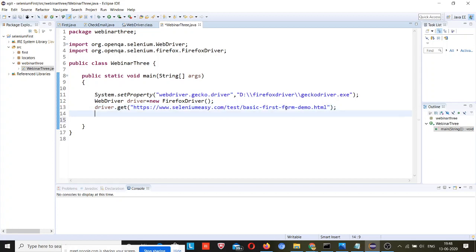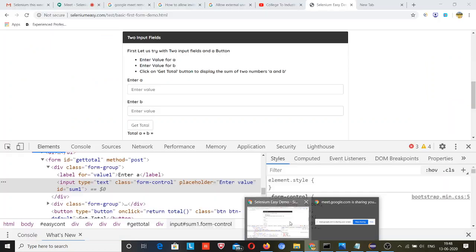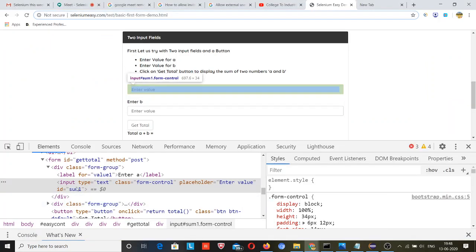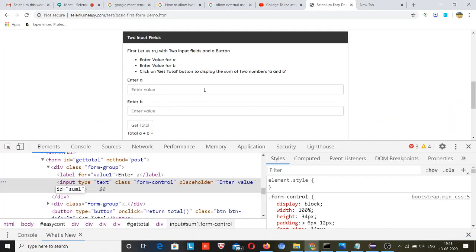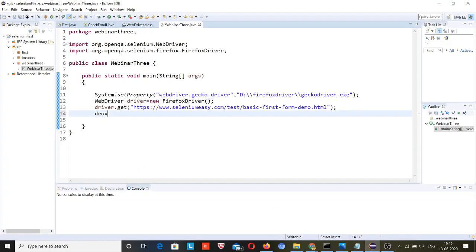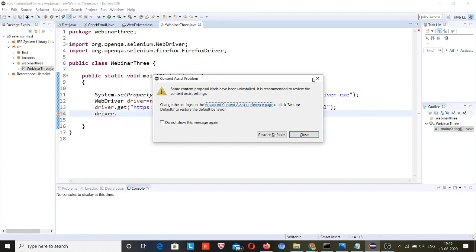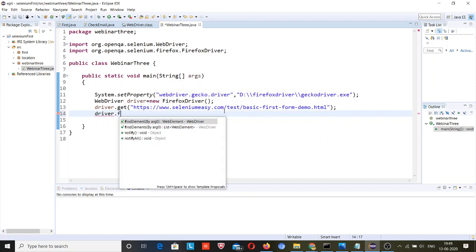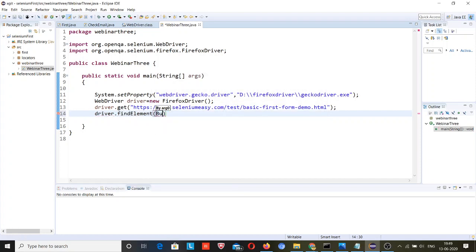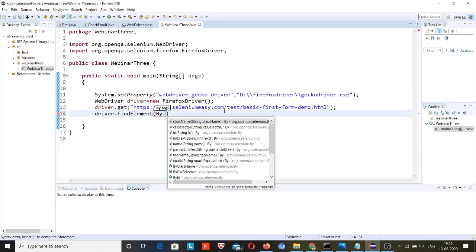Now what I will do, I will copy this id, so I will refer to this id. driver dot find element by dot.